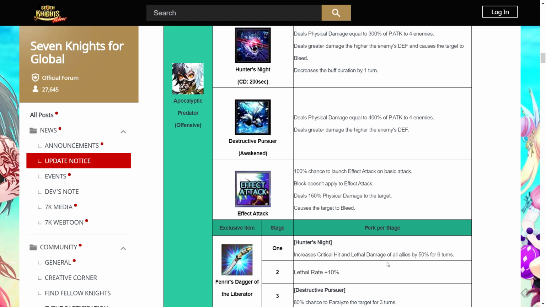So this is something similar to Mist's awakened skill as well, except that Mist's is an awakened skill, so she can only use it once. But for Fenrir, he can use it again and again and again, and this even makes me think that, you know, he can kind of replace live streamer scope in